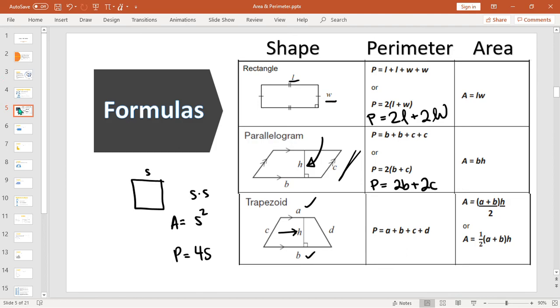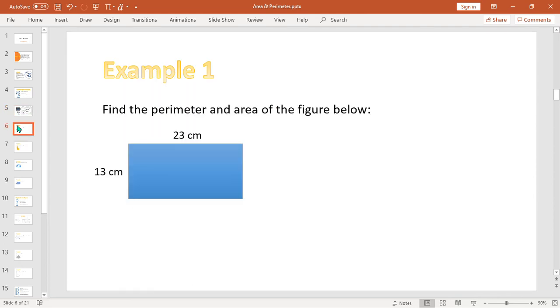Alright, so let's do some examples. Find the perimeter and the area of the figure below. So I'm going to write down my formulas. Perimeter equals 2L plus 2W. You can use any version you want. I'm going to call this one the length, and this one the width. It doesn't really matter which one I call length and width for this. So if I want to find area,